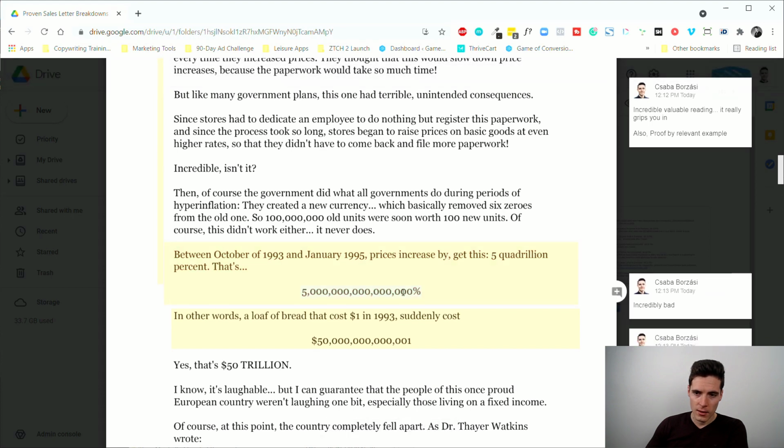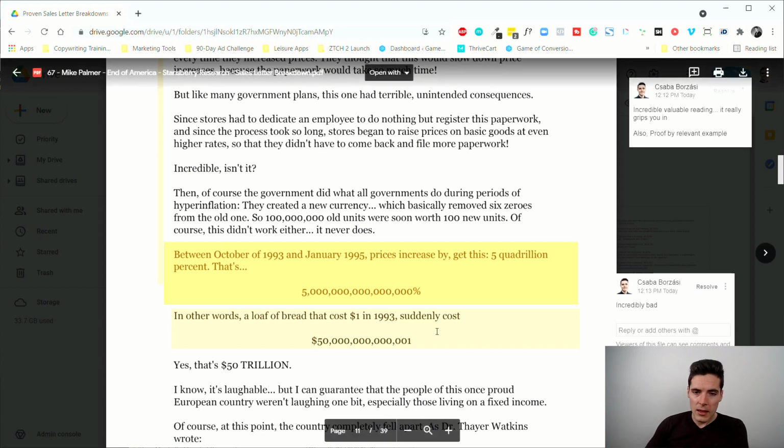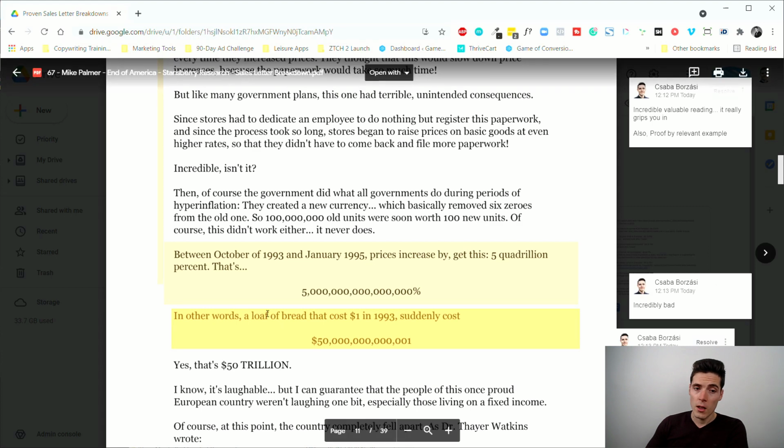So this is incredibly bad. Incredibly bad. Look at these zeros. Even if people in our target audience don't believe this, and come on, there's not a big chance for the US for this to happen, but even if they don't believe it, they see these numbers, they're going to get scared, massively. And then immediately we have a contextualization element by saying, "In other words, a loaf of bread